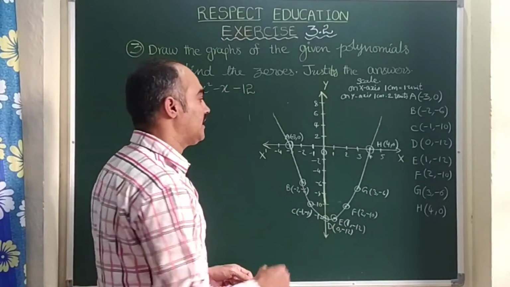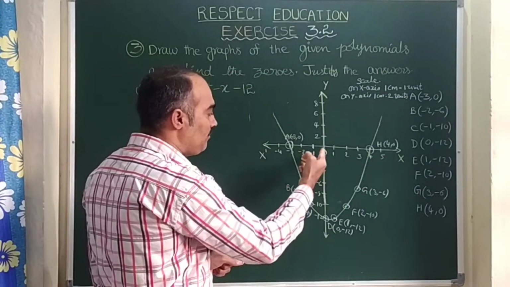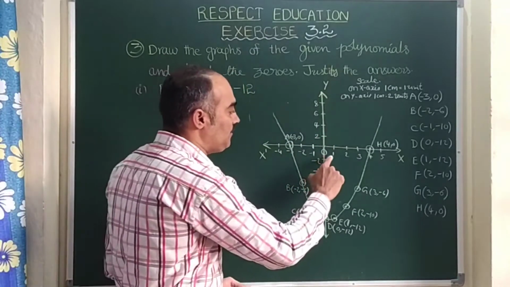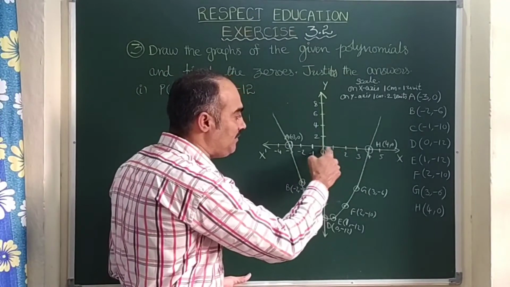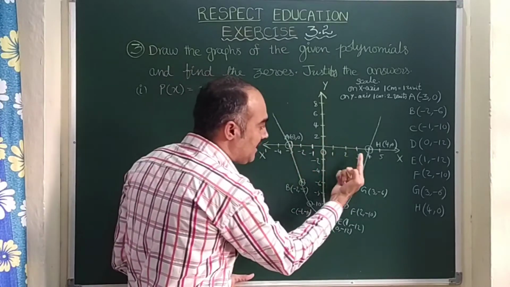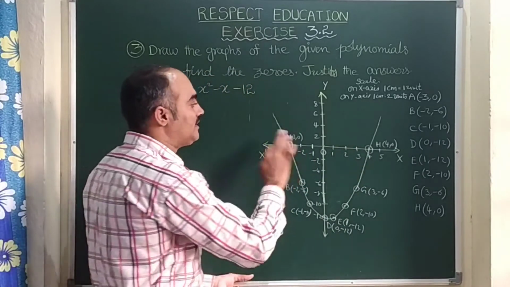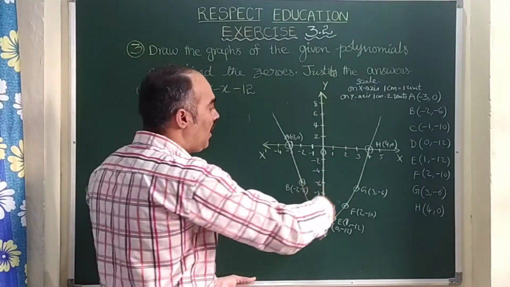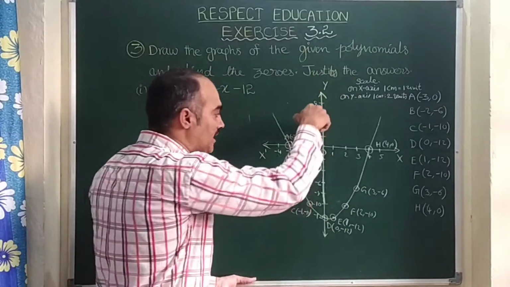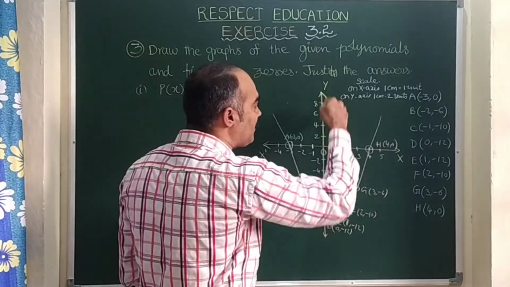Here you need to take care, children. On the x-axis positive values should come. On x dash, the left hand side of the origin, negative values should be written. Here you see, if you write 1 here, immediately at the same distance -1 should come. If that side 2, then this side -2. Right side 3, left side -3. Right side 4, left side -4. Right? This is the order you should follow. And one more thing, on the y-axis also, positive values you have to take on the positive y-axis and negative values on the negative y-axis. Right?